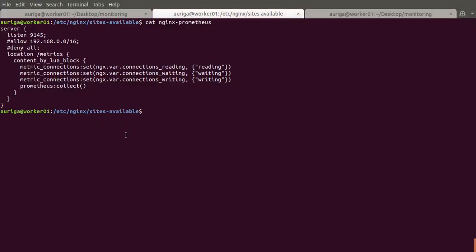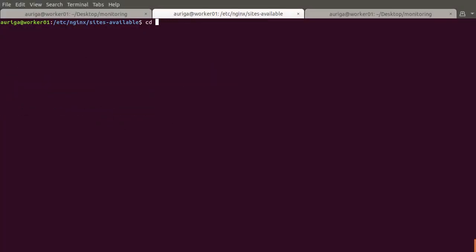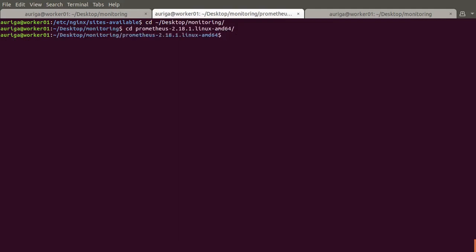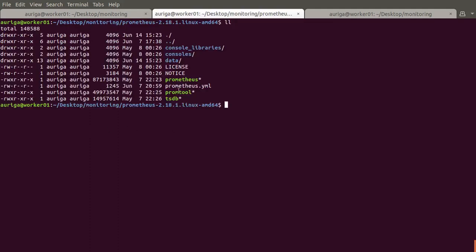So let's start Prometheus. So the prometheus.yml file is the file where you have to configure to read Nginx metrics.